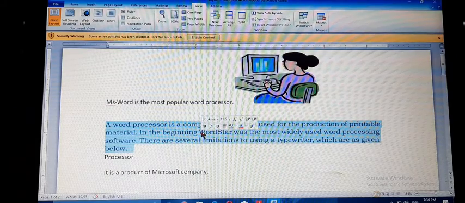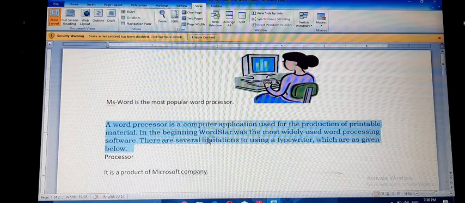These are some features of MS Word. I hope you are comfortable with the bars available in Windows MS Word. The first one is the title bar, the second one is the tabs.